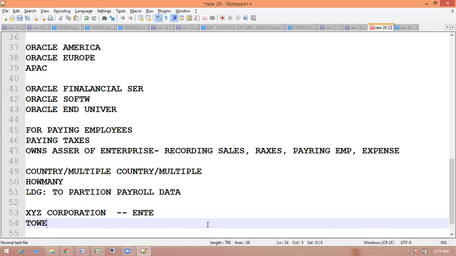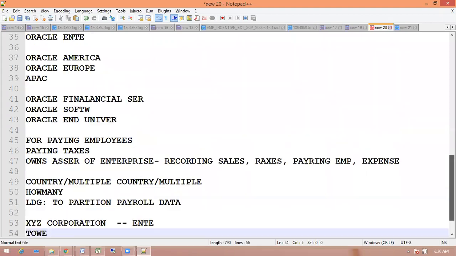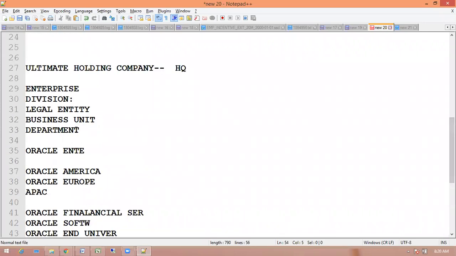If their organization exists in multiple countries like Japan, US, UK, India, you can create a legal entity. Inside a product, if they are running in multiple countries, you can go for legal entity. Okay, understood. And these are independent of each other.